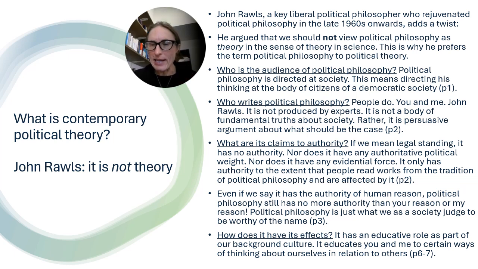In order to emphasise that theory is primarily about description and explanation in the natural sciences, Rawls tries to distinguish political philosophy from theory. He says we should not view political philosophy as theory in the sense of theory in science. We can, in many respects, change our social world, and theory can help us know how to do that. Theory does not play that role in natural science, even if, as I suggested, it still has some kind of prescriptive role in predicting what's going to come in the future.